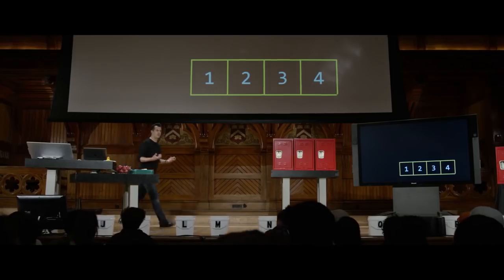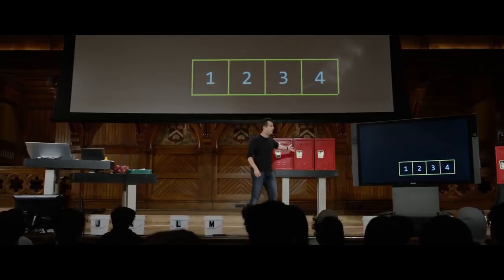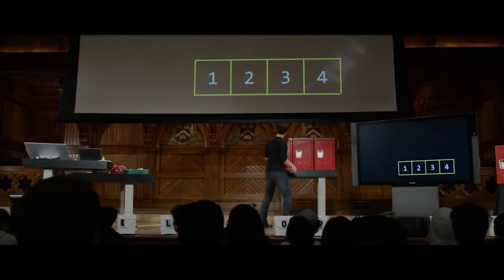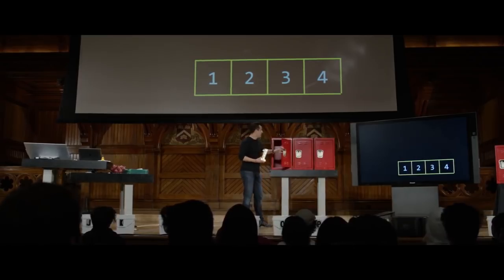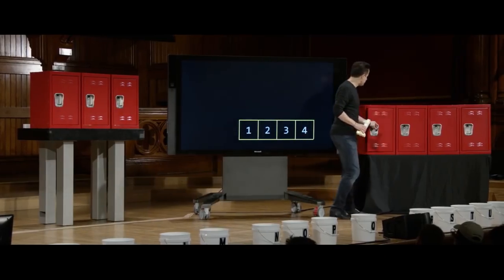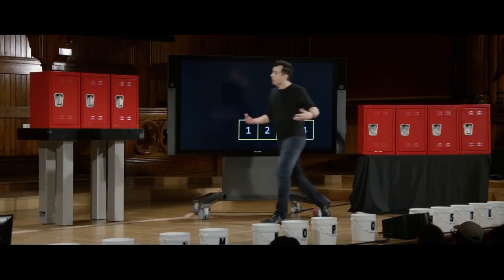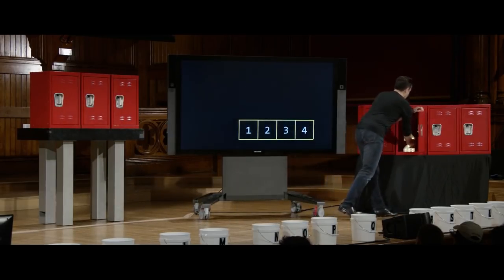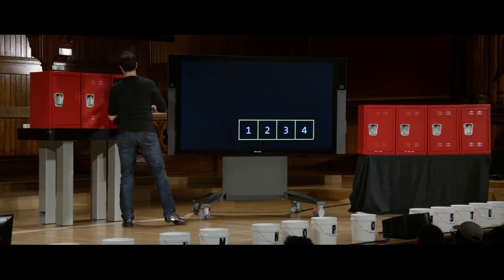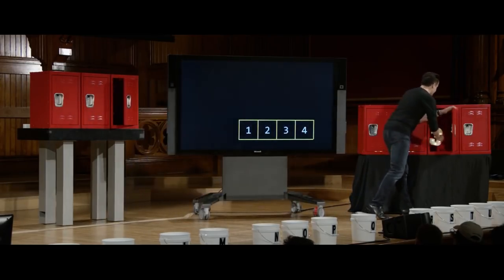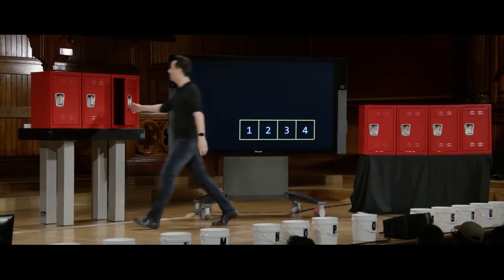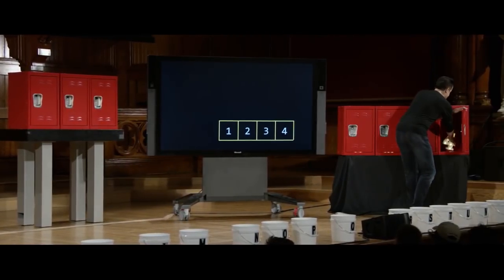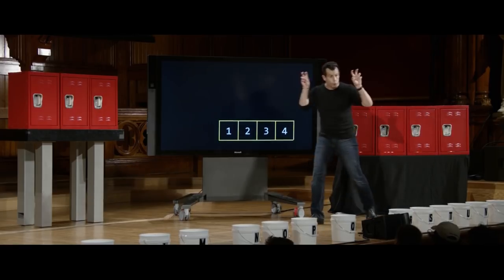Unfortunately, this isn't necessarily the best strategy, right? Because if these 3 lockers represent our original memory and these 4 lockers represent our new memory, and they're deliberately far apart, that is to say that if I want to go ahead and move these same numbers, I really have to do something like this, which involves quite a few steps. Let me go ahead and put the 1 in there now. Now let me go ahead and get the 2 here. And then I can go ahead and put this in here. So now I've got the 2. And then lastly, I can go grab the 3. And so even though I did this pretty quickly on the screen, the reality is there's a decent amount of work to do. And then I still, of course, have to go ahead and add the 4 to the mix, which is to say that I've taken figuratively and physically quite a few steps